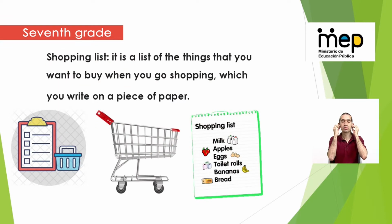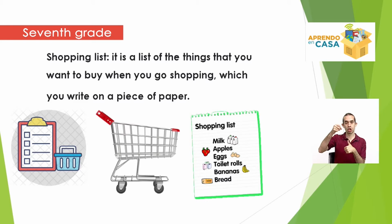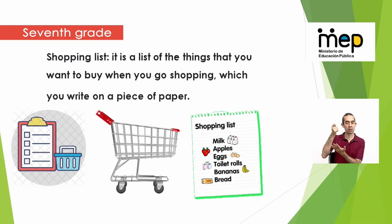Now, with this in mind, let's review some important key vocabulary words. You will need to complete the reading tasks, okay? The first word is shopping list. It is a list of the things that you want to buy when you go shopping, which you write on a piece of paper. You take a pen or a pencil and then you take your shopping list and you check what you want to buy. Next,